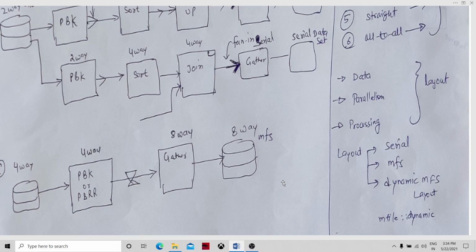Then parallelism: what depth of parallelism we can go to, or whether the depth of parallelism we are using can improve our graph performance, or you can do a POC with production-like data sets